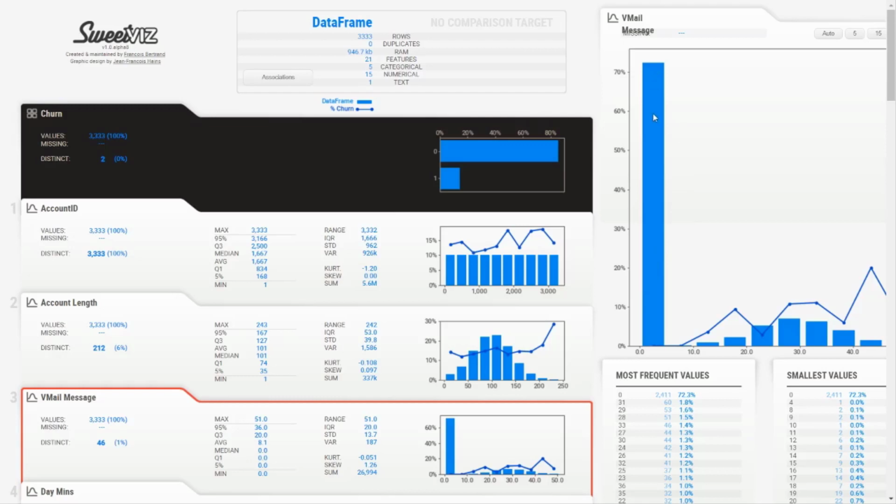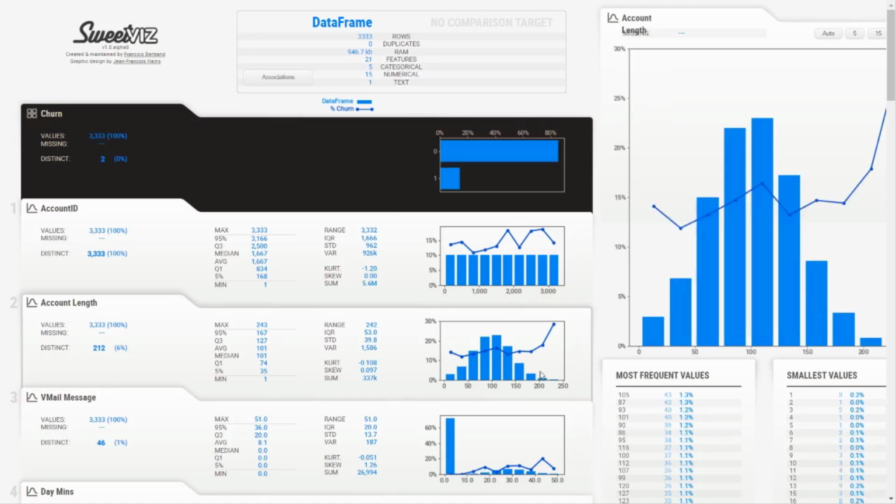That is the same thing mentioned here in a pictorial manner. You can also see the most frequent value is 0, and 31 customers sent about 60 messages, and then 29 customers sent about 53 messages, and you can also see the percentage over here.